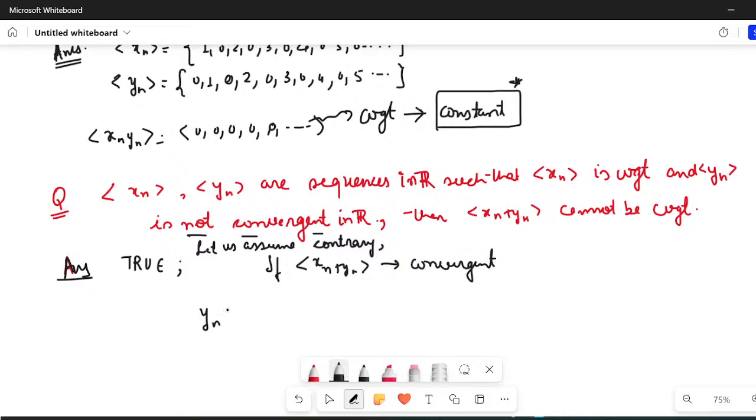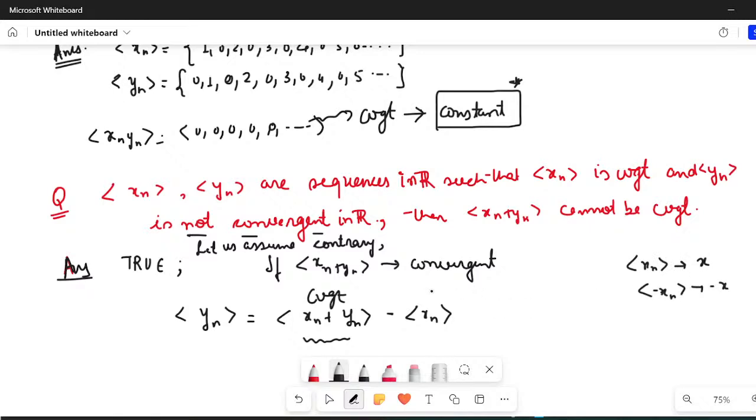What would yn be? yn would be nothing but xn plus yn minus xn. Now, from the algebra of convergent sequences, we know that this is convergent, and since xn is convergent, say xn converges to x, then minus xn is also convergent, converging to minus x. By the algebra of two convergent sequences, we know that yn must be convergent,